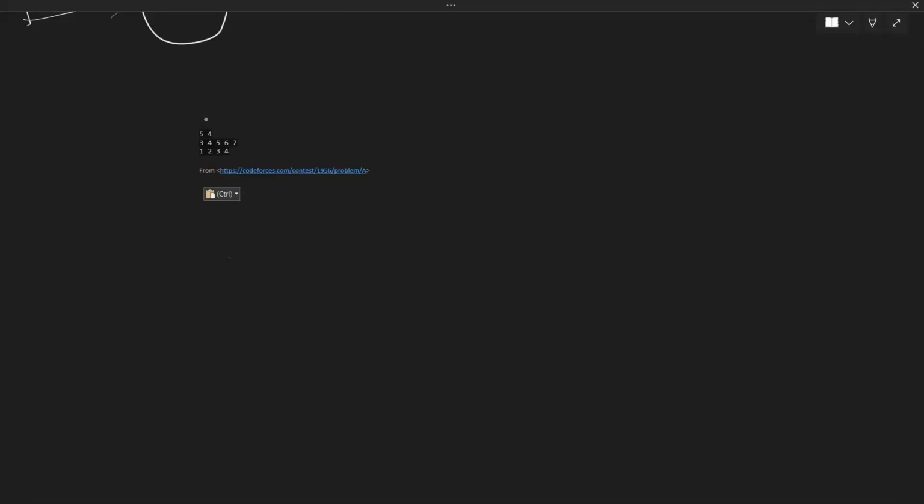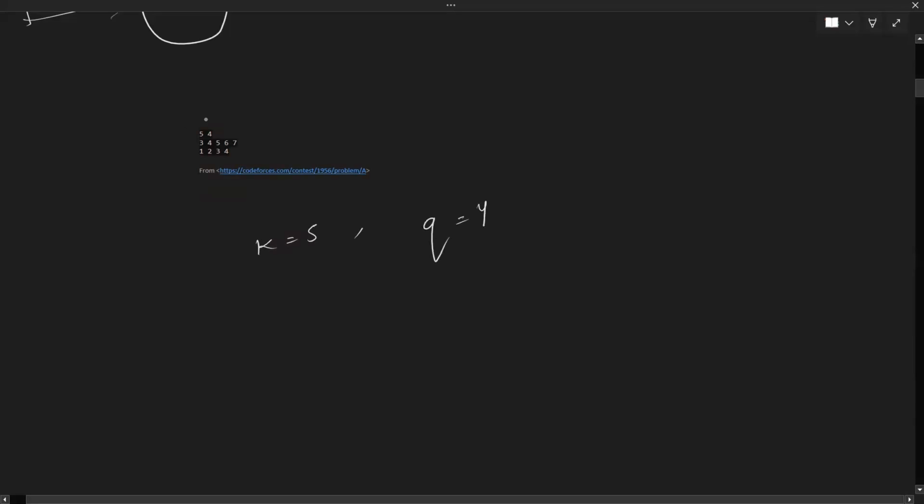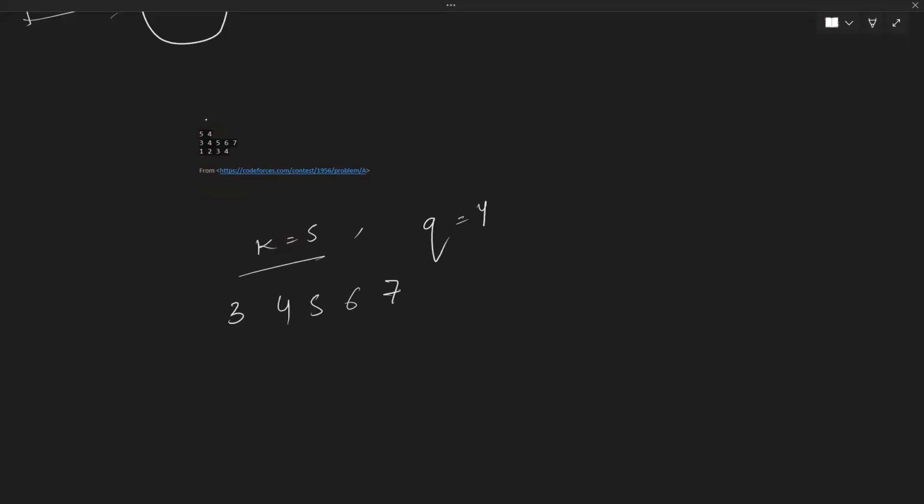In this, we have NS5, not NS5, KS5, and NS QS4. Then we have third, fourth, fifth, sixth, and seventh players will be removed. All right. And we have